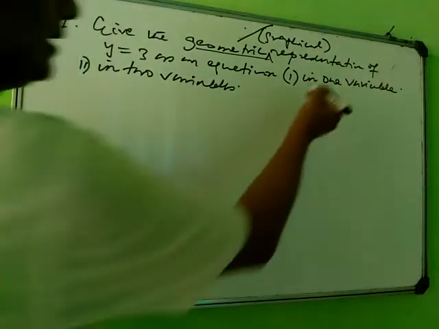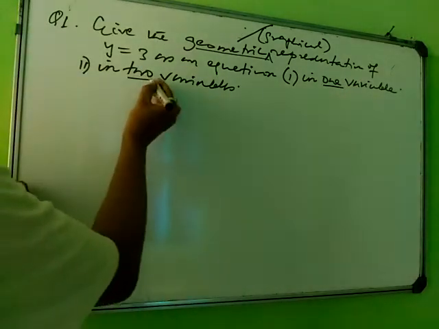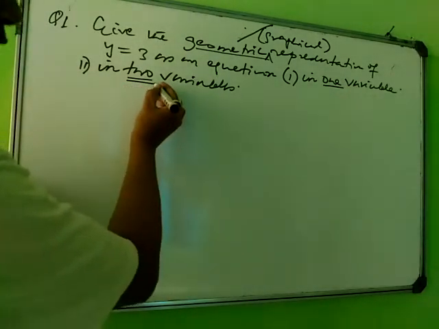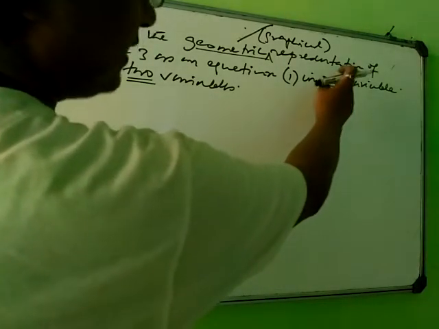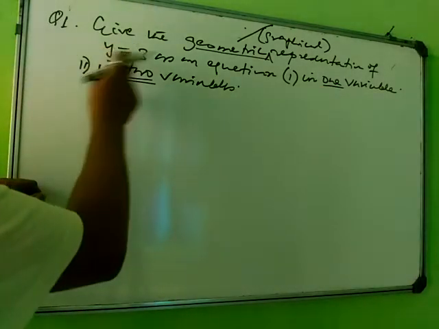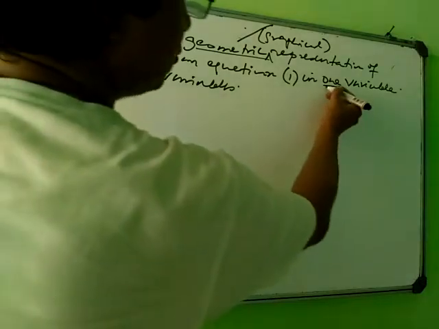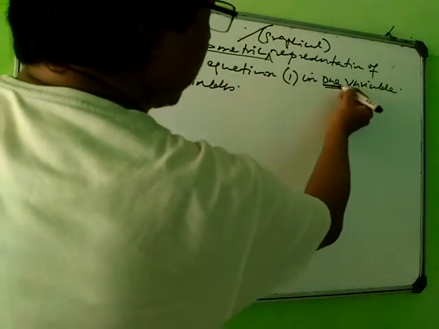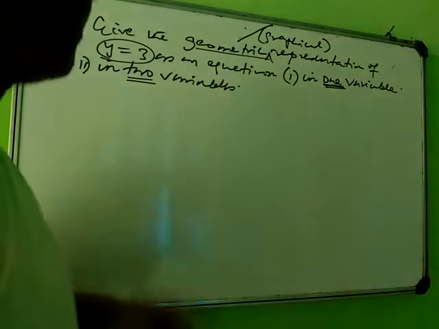You see here they have given one variable and here they have given two variables. Now note it nicely. If they have given it in one variable, that is to represent y equals 3, in a single variable, either x or y,